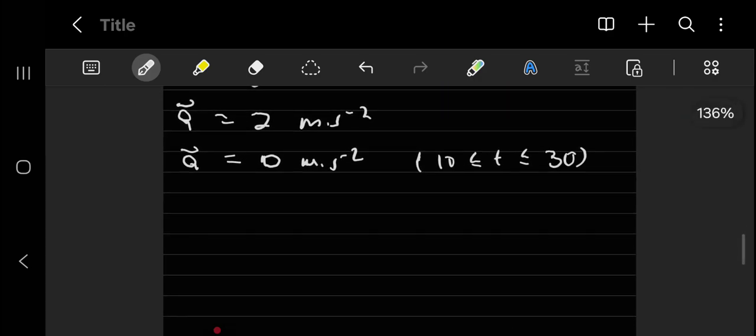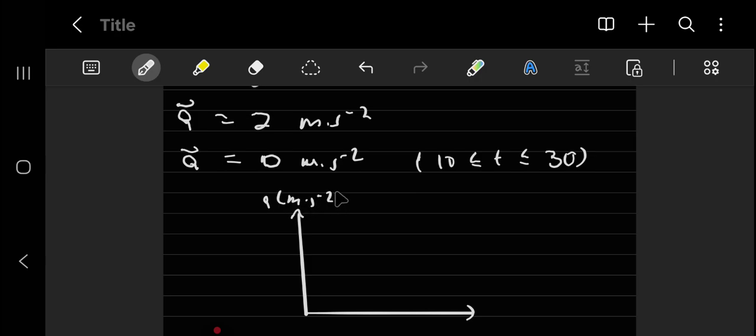Now, how do I draw this thing? Simple. I just go down here like that, and then I'll go up like that, and that's it. This is my acceleration in meters per second squared, right? And then this is at 10 seconds, then this one is at 30 seconds,